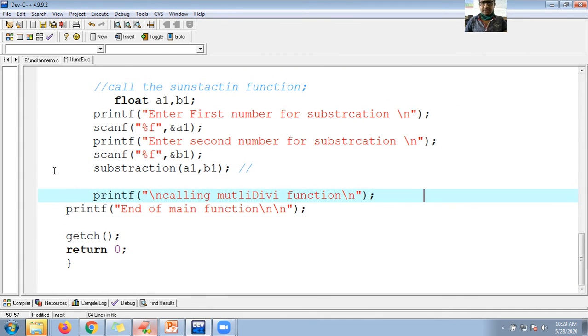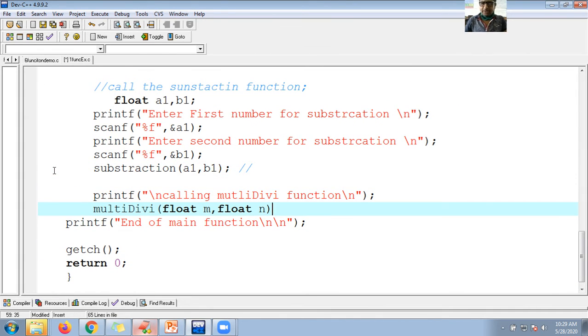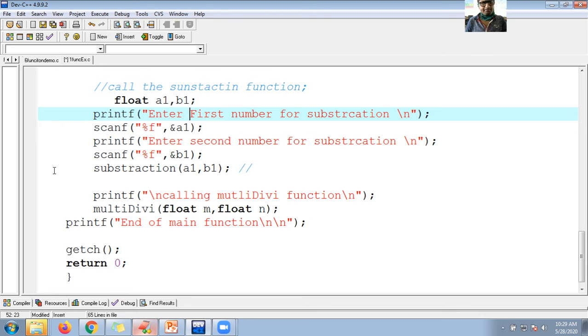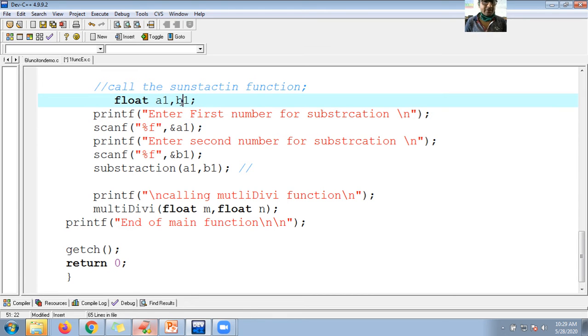Yes, very good. I need to take the name of the function, but this function expects two parameters. So what should I do? I need to pass these two parameters. Should I pass a1 comma b1, or should I take different values from the user?